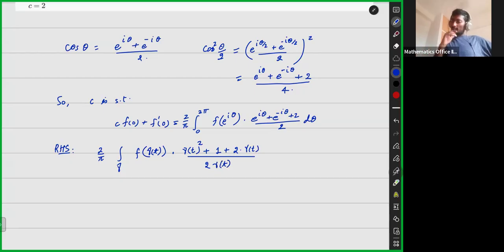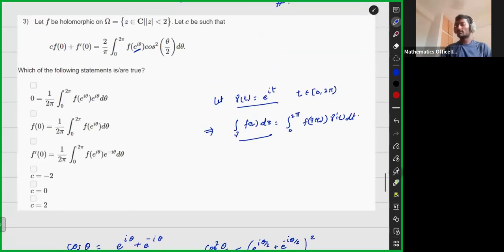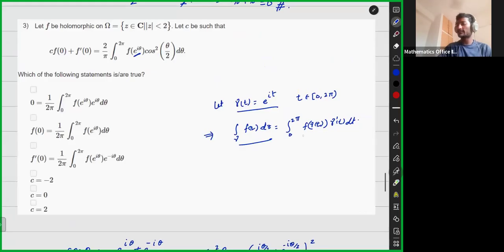Okay, now this is dt till now. It is still we are just putting t now, so it is 0 to 2 pi. Now if we want to use this kind of identity, so what we have to see,